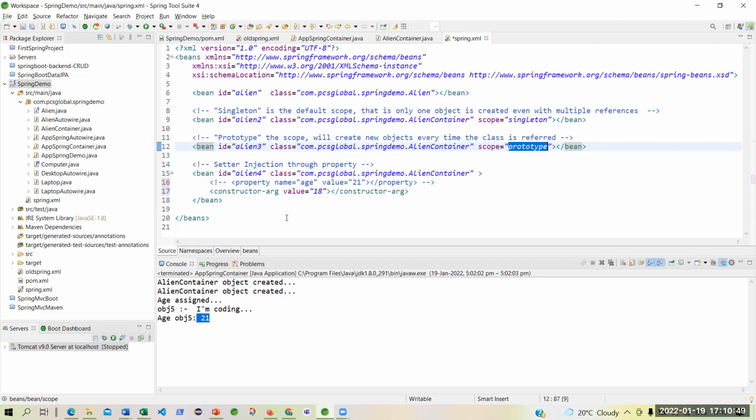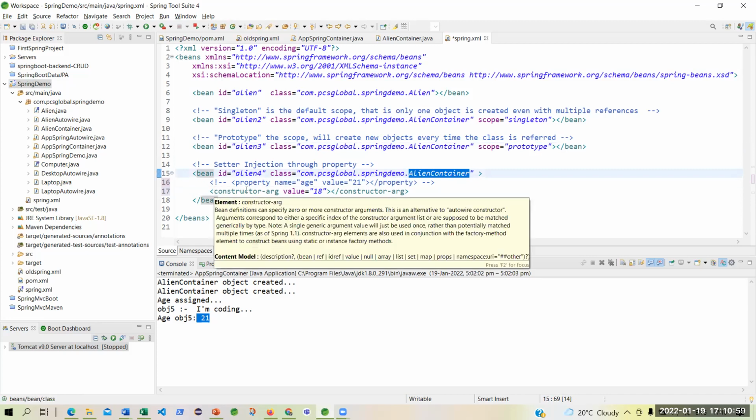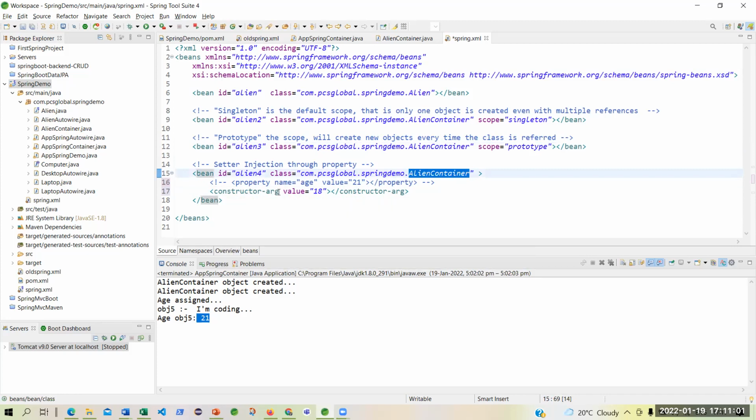Anyway, my question was, if you have to do the constructor of this align container, then your constructor should pass an argument where you are passing this value 18. So what is the argument? What is the parameter in the constructor? Age. Very good.